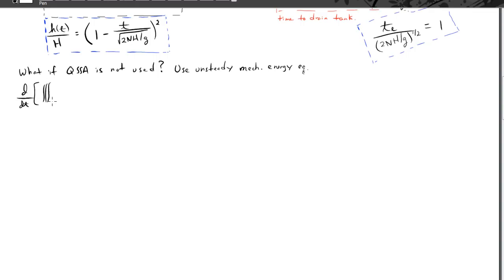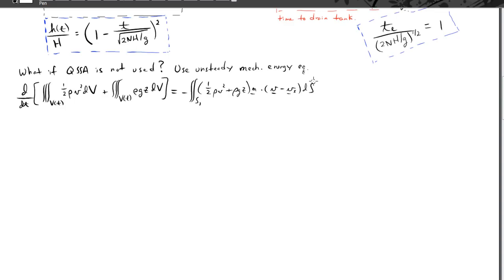So we have the volume integral of 1/2 rho v squared dv, plus the volume integral of the potential energy, which is the integral of rho g z dv, and that's going to be equal to, well, minus the surface integral over surface S1 of 1/2 rho v squared plus rho g z, n dotted with v minus vs ds, minus the same thing written at the bottom surface, S2,